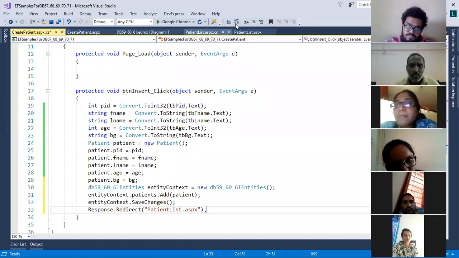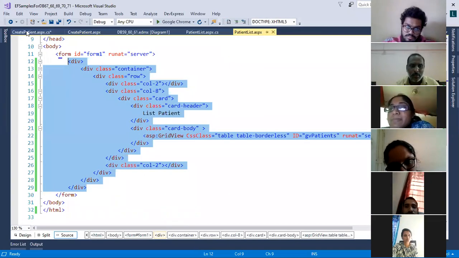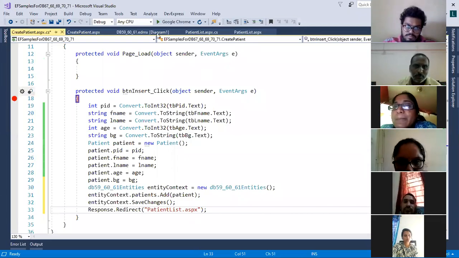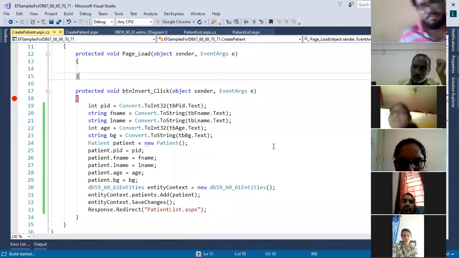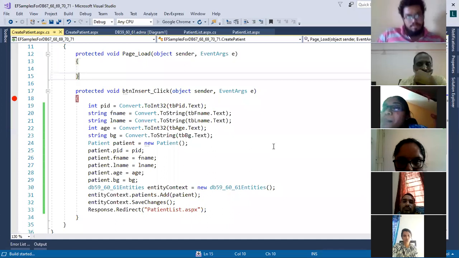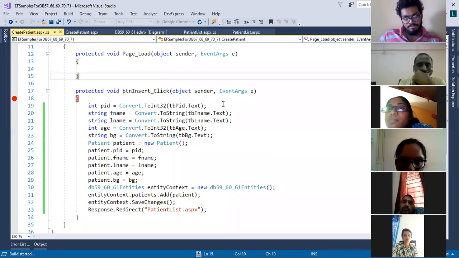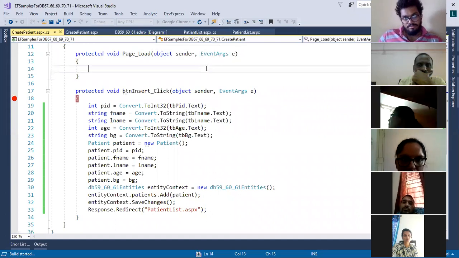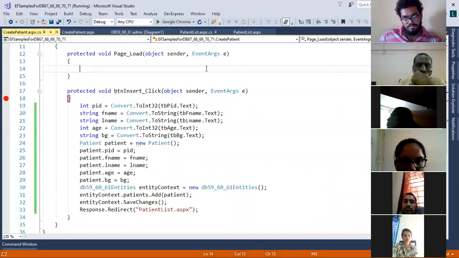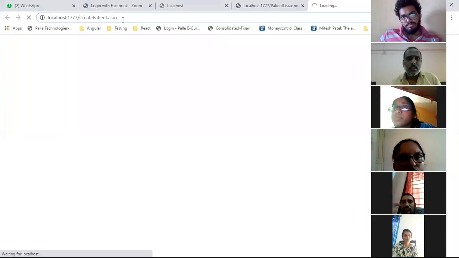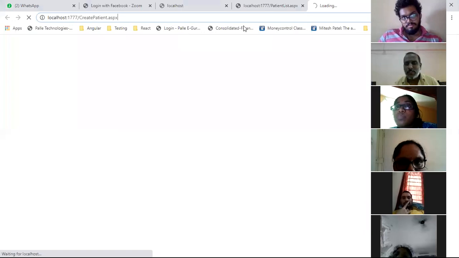Now the user will be redirected to this page, so the user will get the complete data. Let us verify whether it is happening properly or not. Let me execute my code. Now the user is directly coming to the create patient page because the create patient URL is open.